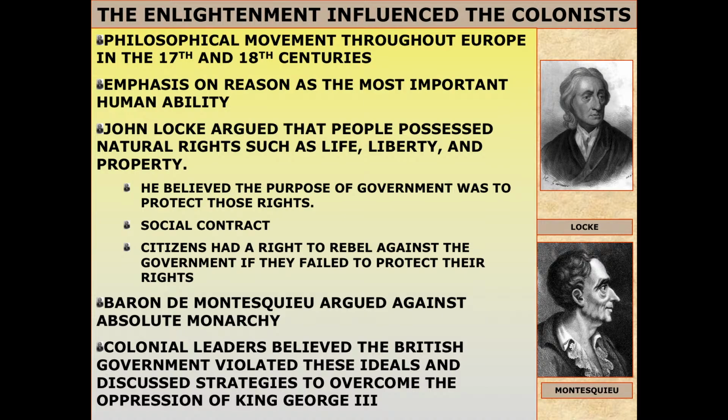So, in essence, what he's setting up with his social contract is this. Government and the people have an agreement. The people have agreed to give up certain rights so that the government can do its job, keep order, and protect the rights that they still retain, their natural rights. So, essentially, agreeing to be governed, right? The consent of the governed. We kind of see that in there.